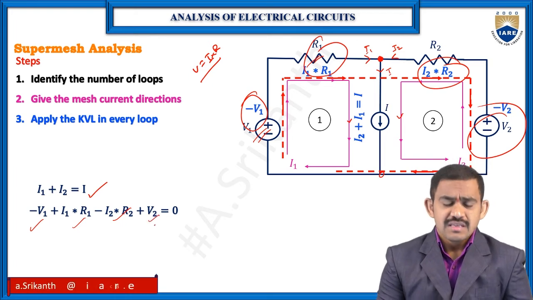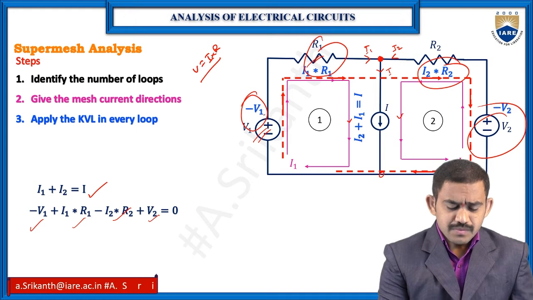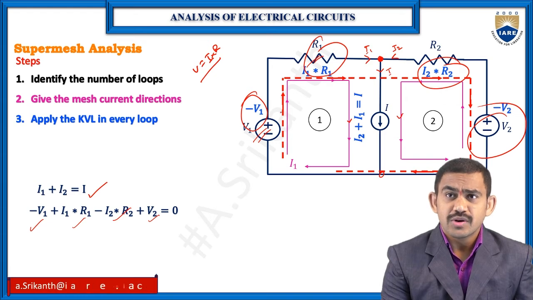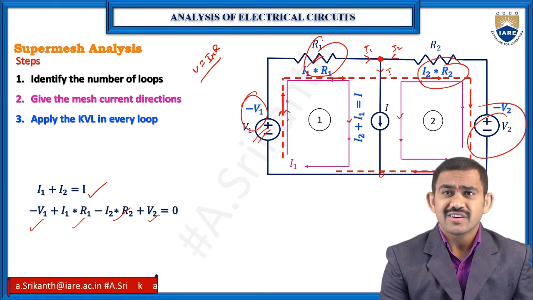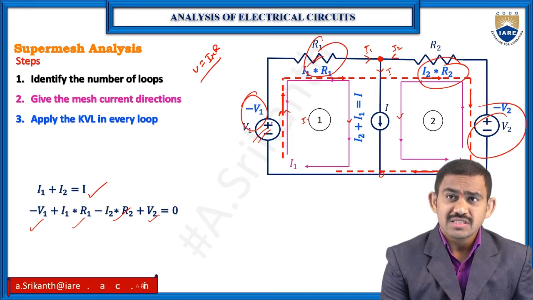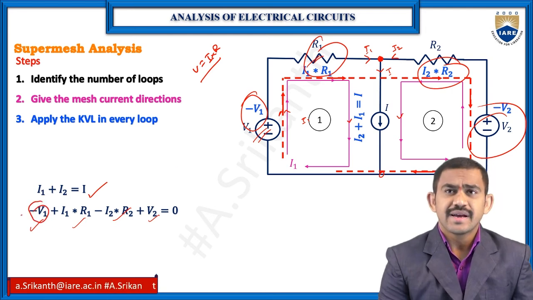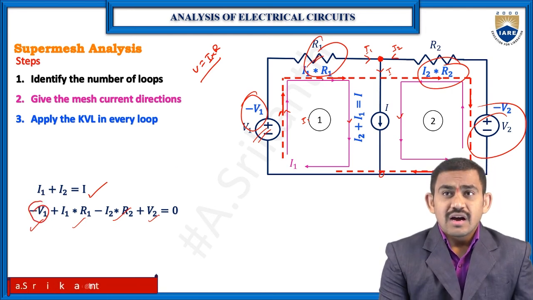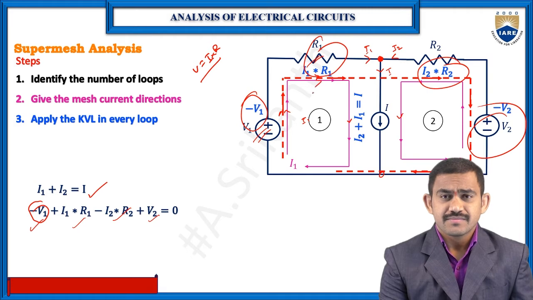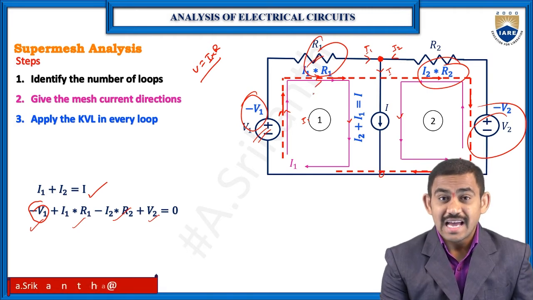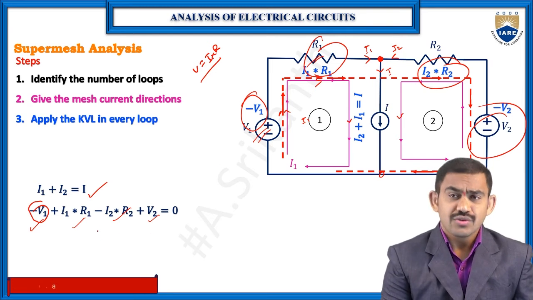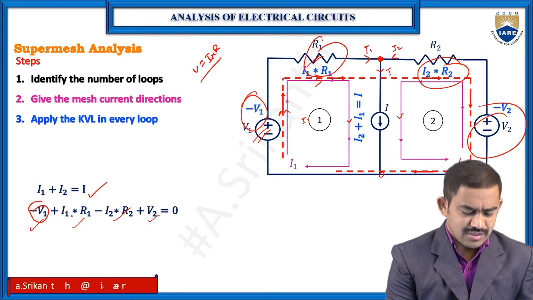Here, why minus? Suppose coming to V1, it's a voltage source, and the super loop current direction and the I1 current direction are the same. So in this loop we have I1, and the super loop current direction, both in the same direction. So we need to write it as it is, minus V1. Coming to the R1 place, my voltage drop is I1 into R1. Here also the current direction is the same, the super loop current direction as well as the I1 current direction. Both are the same. So we will write I1 into R1. So this is also completed.